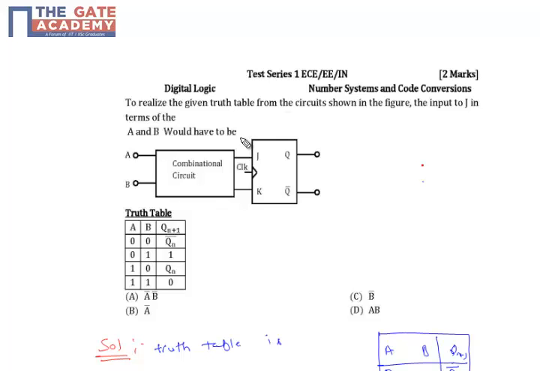In the given question, we have to realize the given truth table, which is this one. Just a second. We have to realize this truth table with the help of the given following circuit. We have to find out the input to J in terms of A and B. Now to proceed, what we will do,